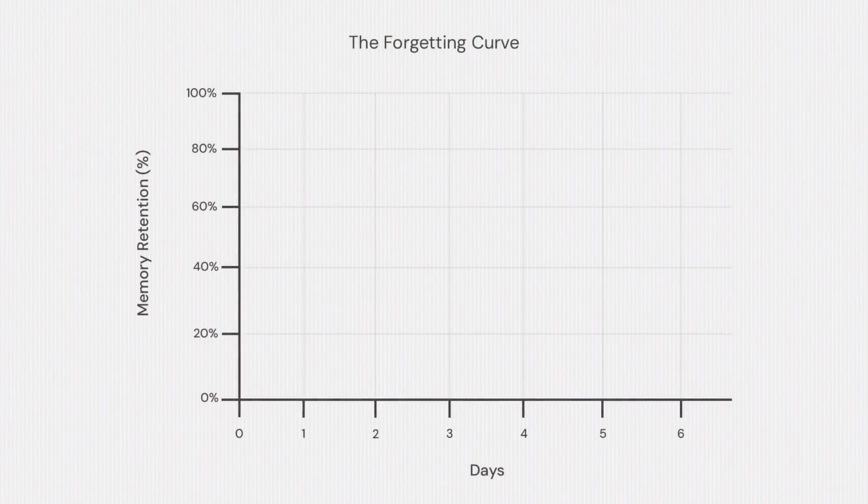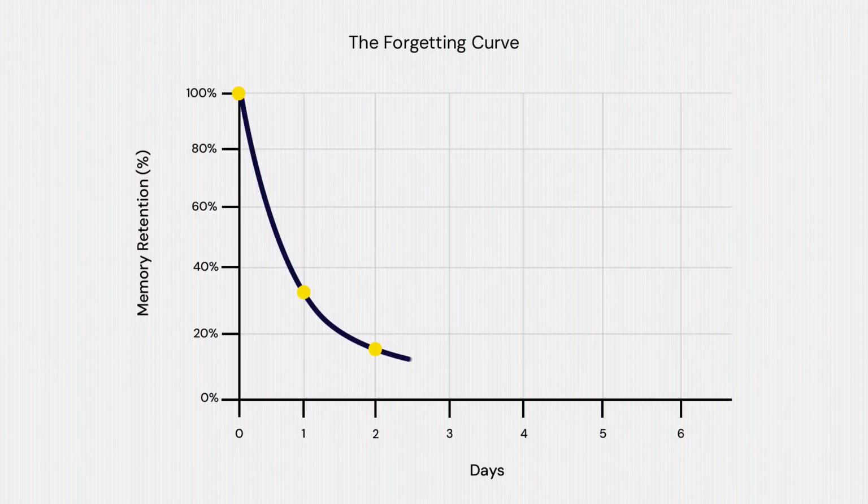So on screen, we're going to have the y-axis represent retention, and the x-axis is going to represent the number of days. This graph is going to show us how quickly we lose information as human beings, okay? So on day 0, we'll have a retention of 100%. Now, day 1, which is 1 day after you had been exposed to that information, how much you were able to retain is going to drop all the way down to 35%. Then on day 2, it's going to drop even further to 17%.